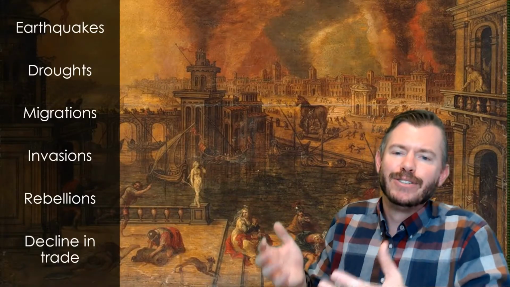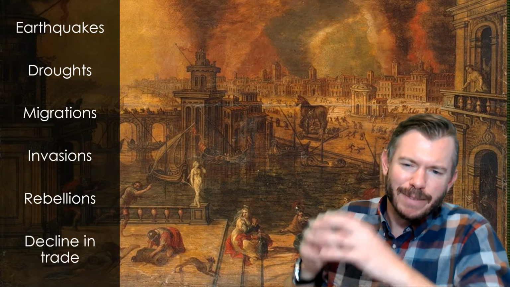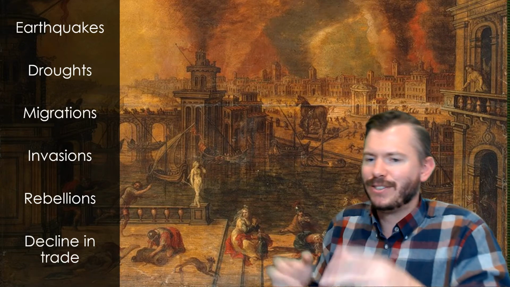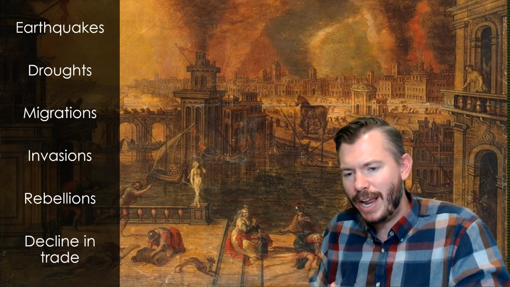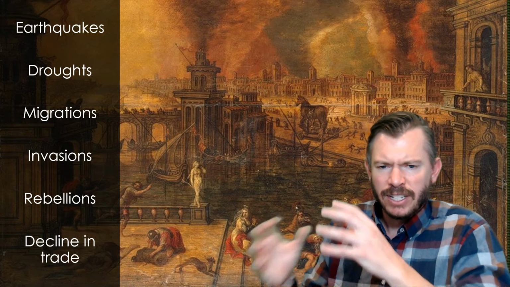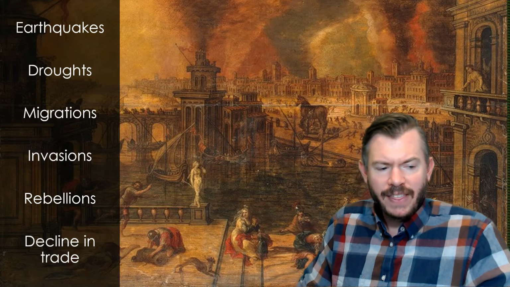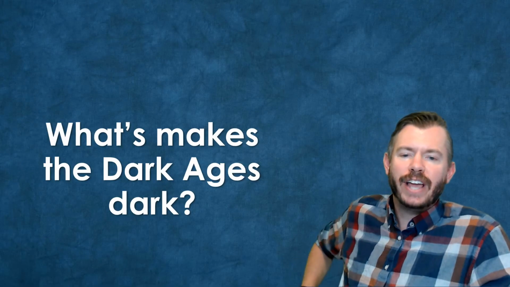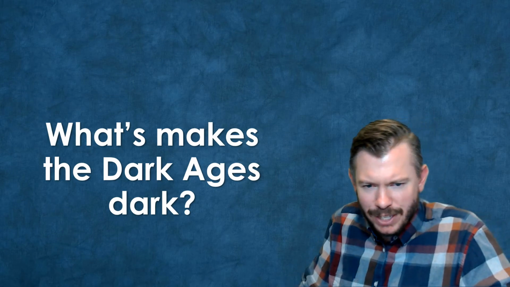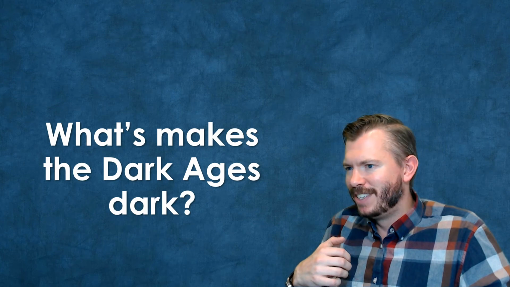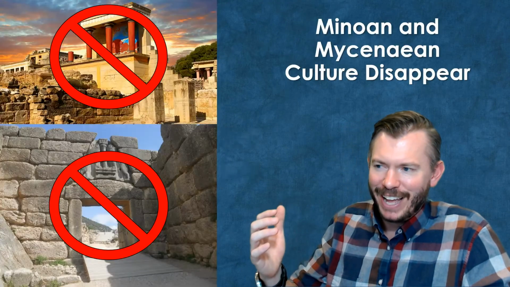Modern scholars think it was much more complex. So it's a mixture of invasions along with internal rebellions caused by earthquakes, natural disasters and droughts and migration and trade breaks down, all those sorts of things. So it's this complex mixture of things that causes collapse in different parts right around the same time. And that ushers us into what we call the Dark Ages. And I'm just going to run through this really quickly. But all the different things that go to hell during the Dark Ages.